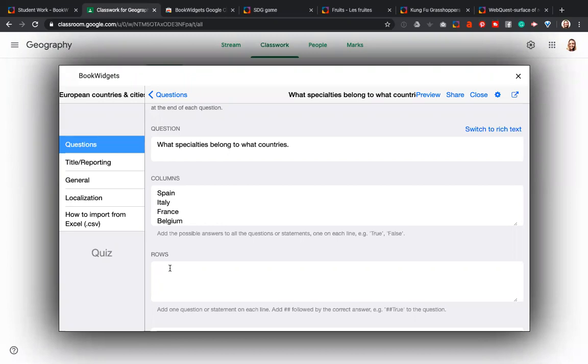Like this. And these are the rows. So here I'm going to add my specialties. Let's say pasta, paella, cheese, chocolate, French fries, and pizza. And of course, if I want this question to be automatically graded, I have to put in the